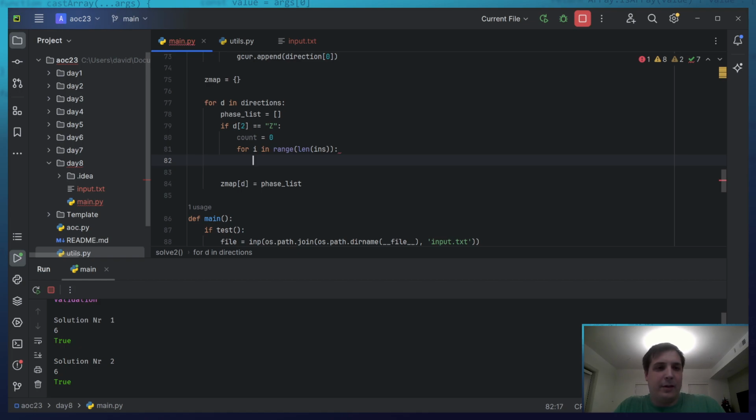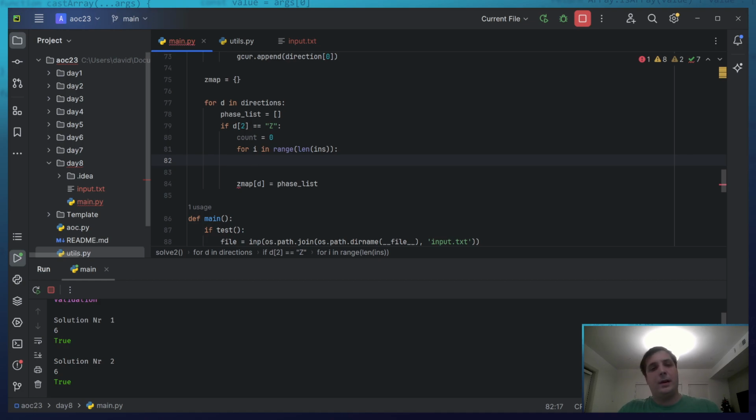So for D in directions, face list, and then if it's Z, then I actually care about it. Actually like this. So now I'm going to go through all of the possible phases, starting with 0.